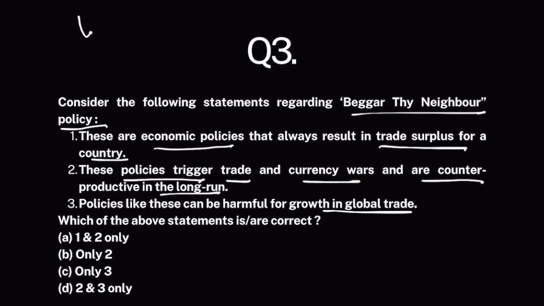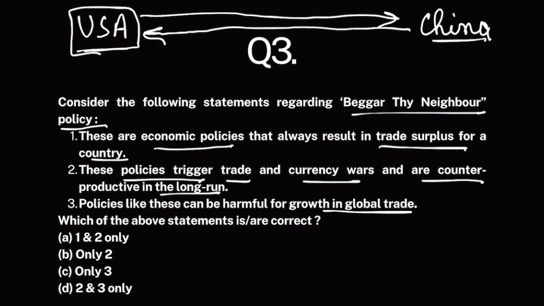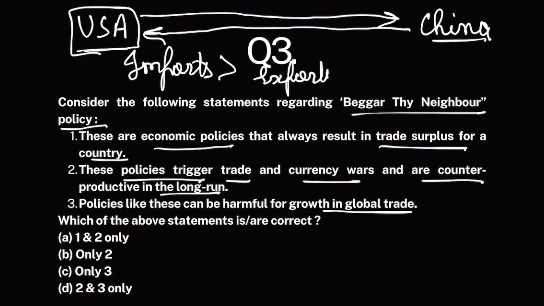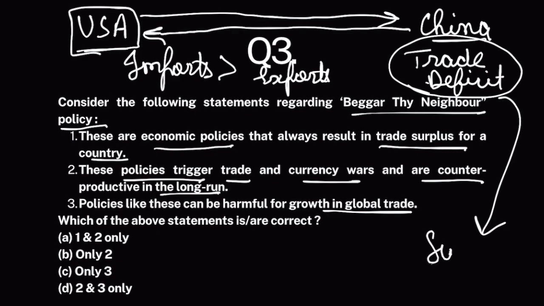Now look, let's suppose there is this country called USA and there is this country called China. Well, why suppose? These are two major countries of the world. Now, the thing is that USA is worried about China. Why? USA says that China sells US more goods than it buys from US. So USA imports more than it exports to China. And this has led to trade deficit with China, which is harmful for US, right? So USA wants to convert this trade deficit to trade surplus. That means it wants to export more than it imports.